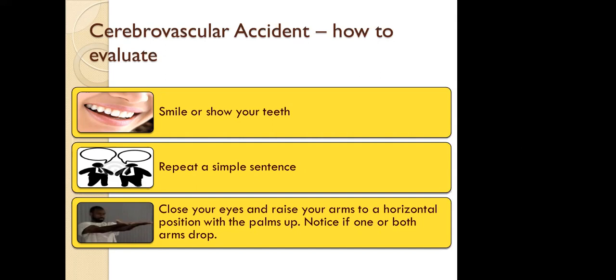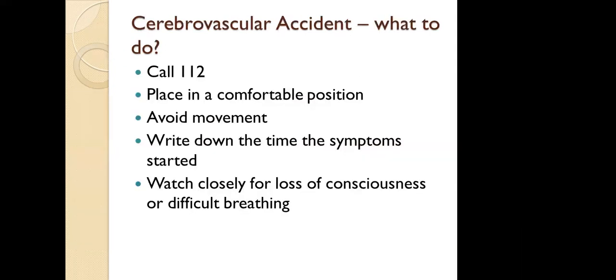So if you suspect someone is having a stroke, you follow these 3 simple steps, and if one of them is not as it should be, then you should call for help. And what can you do? You can call 112, of course, as fast as you can, place them in a comfortable position, avoid movements, and